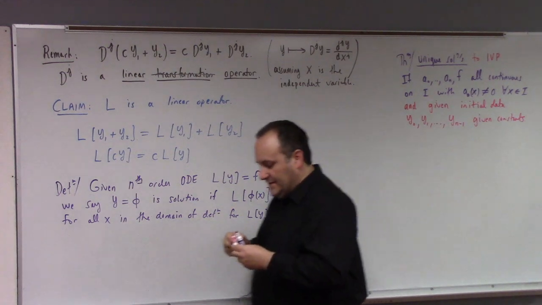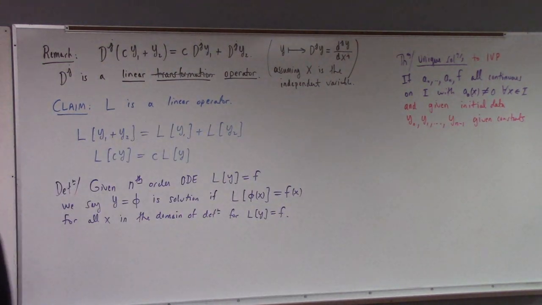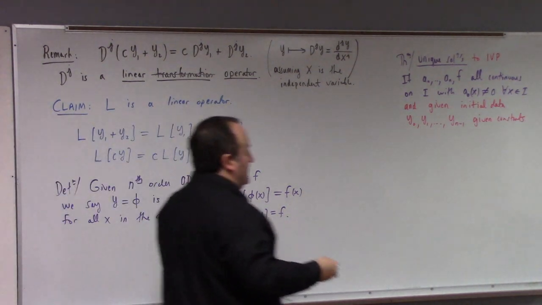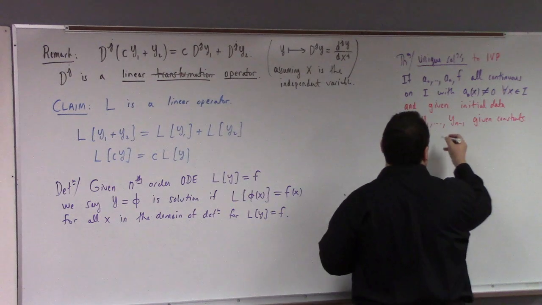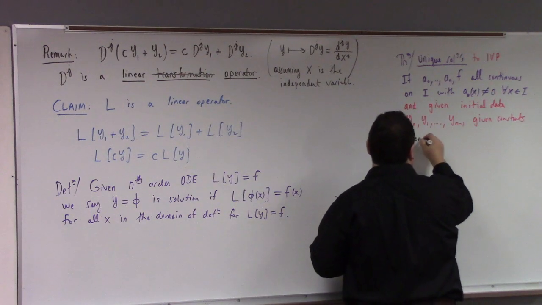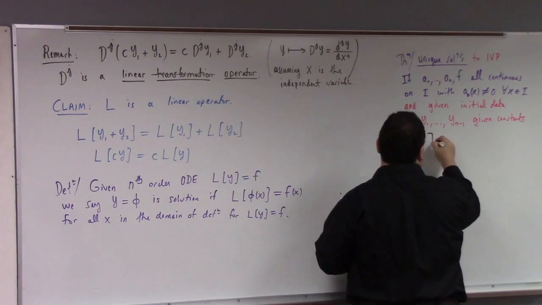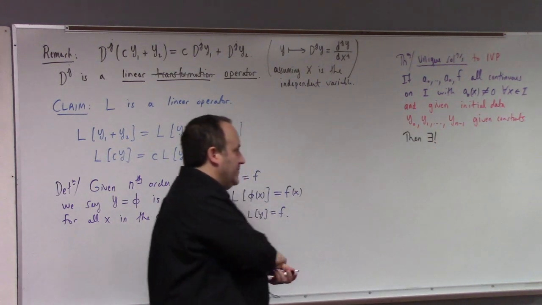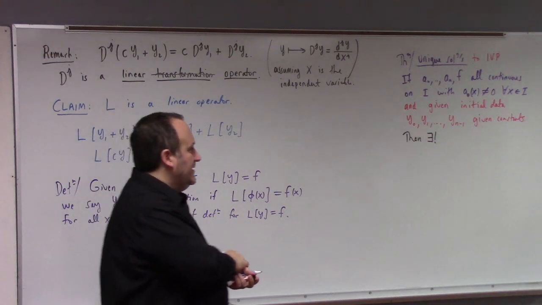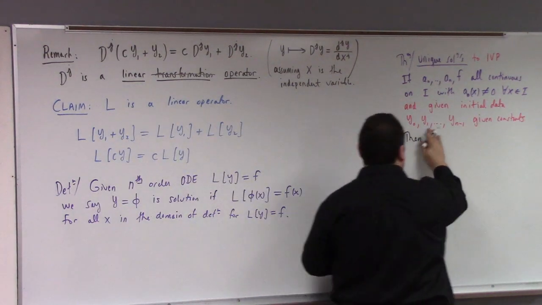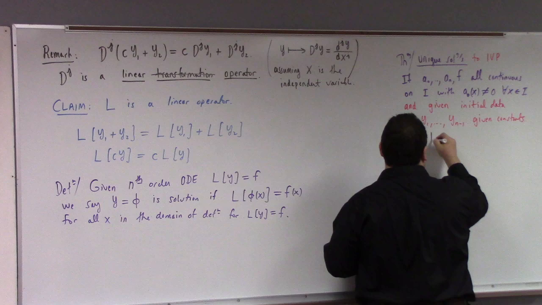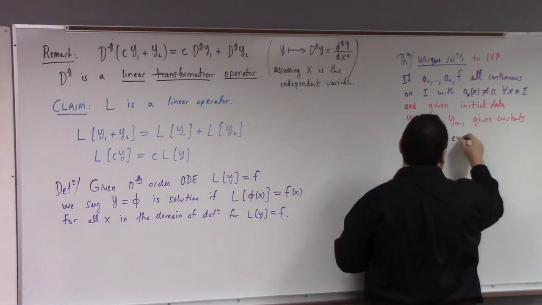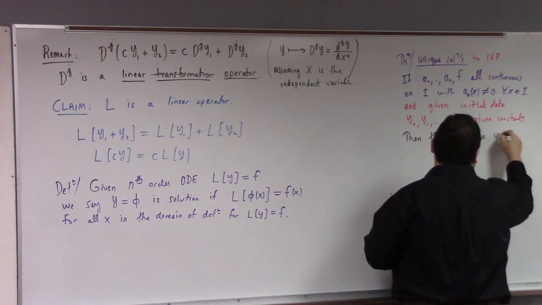That's the setup. You have all that data. Then the conclusion of the initial value theorem, the unique initial value problem theorem, is that there exists a unique, so this notation, right, there exists with an exclamation point, means there exists unique. So since I've said all that, I'll just write it out so there won't be questions about it 3 minutes from now. There exists a unique